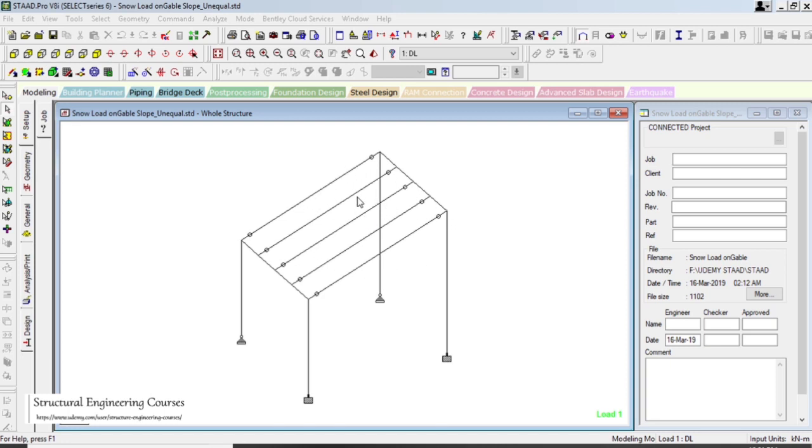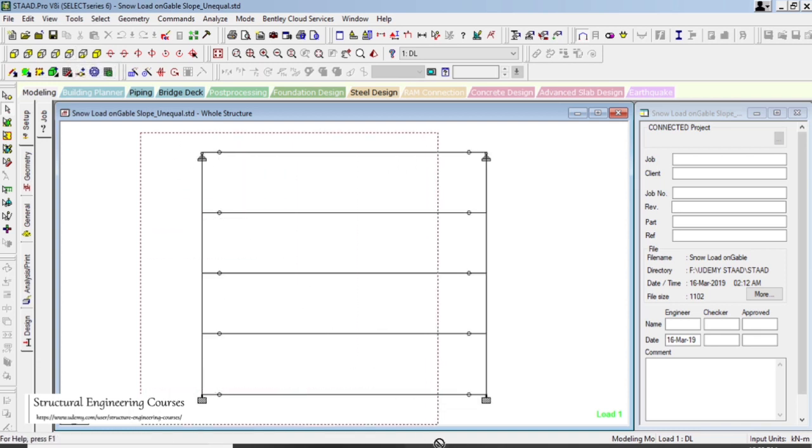In this lecture I will try to teach you how to generate snow loading for a gable roof and how to generate unbalanced snow roof loading. So for that, first of all we need to model a gable roof. So we go to view from +Y option, select all the beams here,